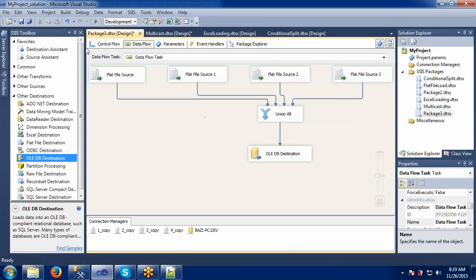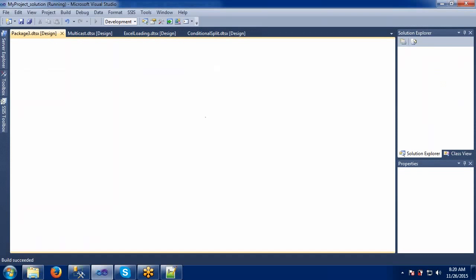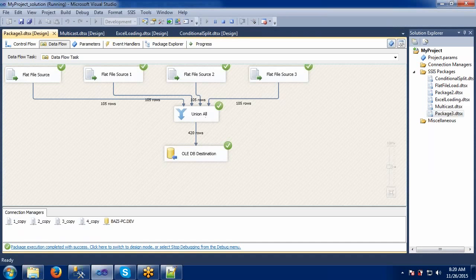Let's start executing this one, so that all the source data is collected into union all and loaded into the destination. If you see, first source 105, 105, 105, 105, all are some 400s plus 4 5s 20, so 420 records it has sent to my destination.